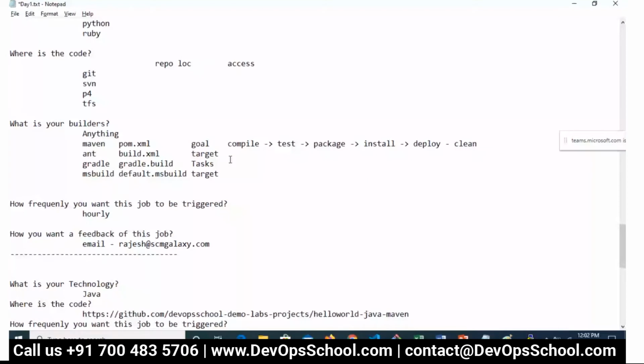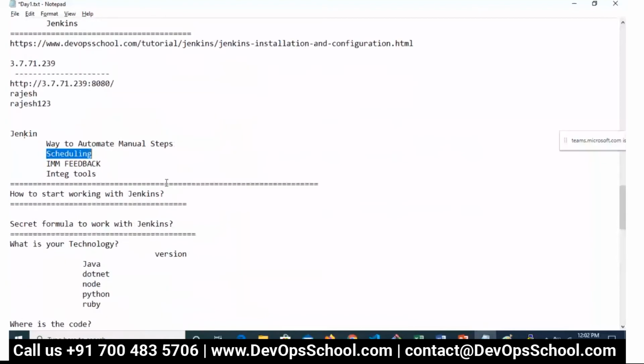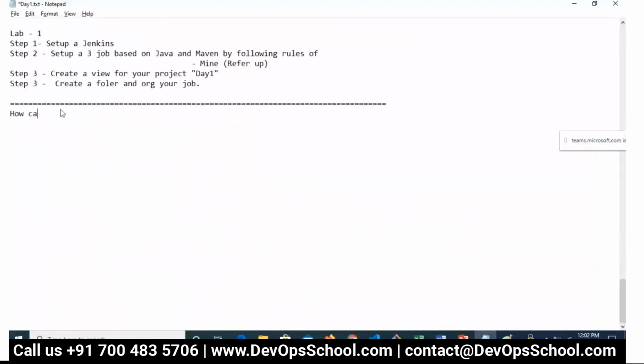Yeah. So now I'm going to talk about the scheduling option. How can you schedule using Jenkins? There are so many options. Let me talk about them one by one, and then I'll show you the demo.